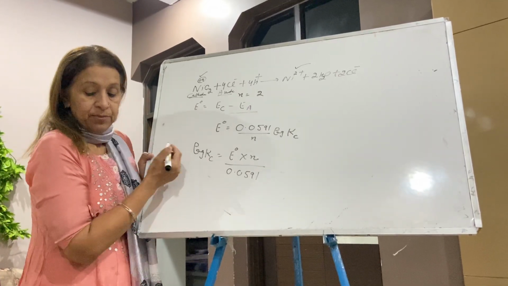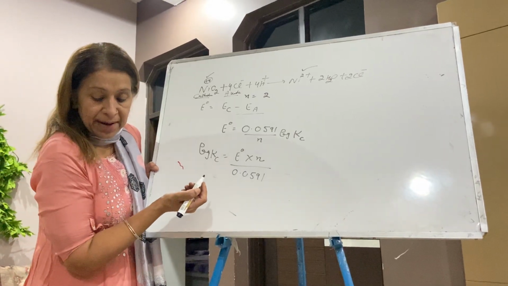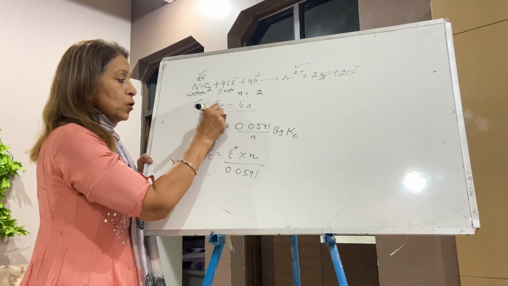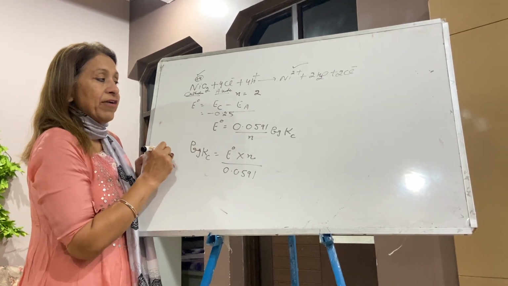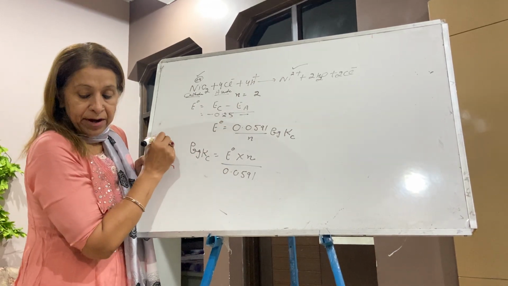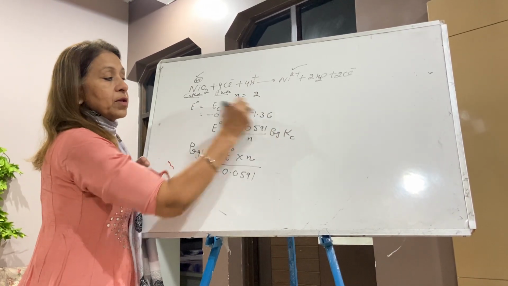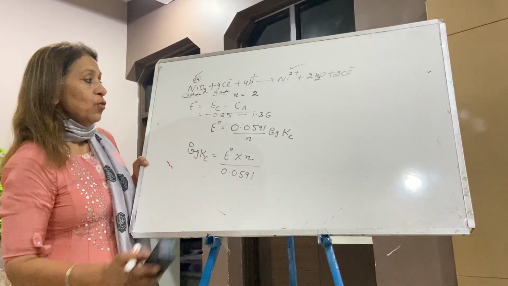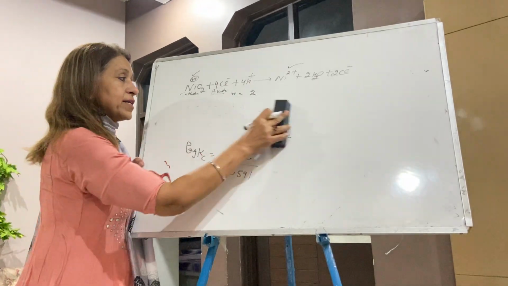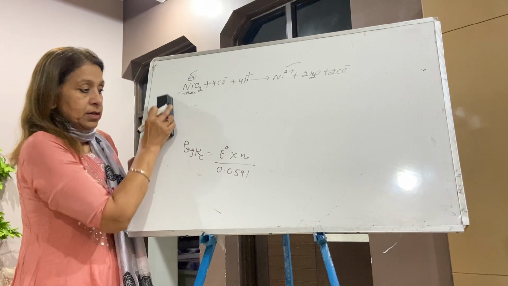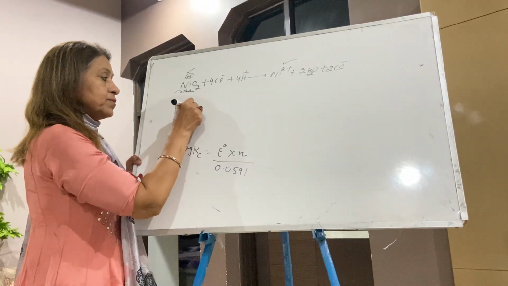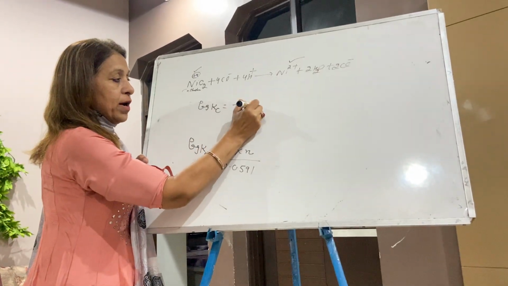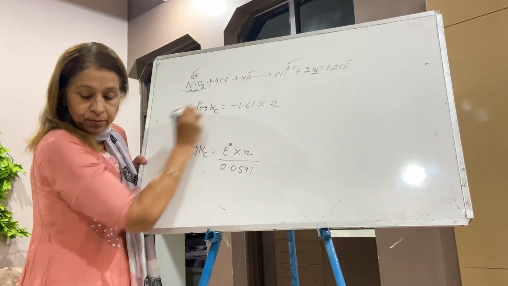Now you can take the values. The nickel value is given in your numerical, or you can take help from the electrochemical series. It is minus 0.25 for nickel standard value, and what about chlorine? Chlorine is plus 1.36. So you can do the calculations. Now write here what is the E naught and what is n. Next step, write down log Kc. Log Kc is equal to E naught, minus 1.61, multiplied by 2,